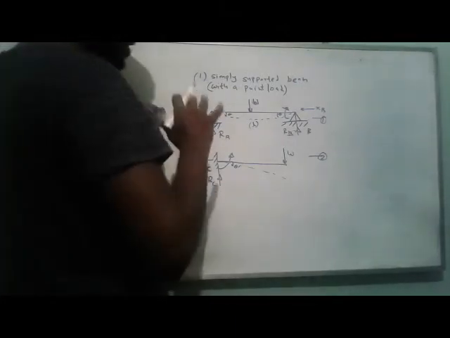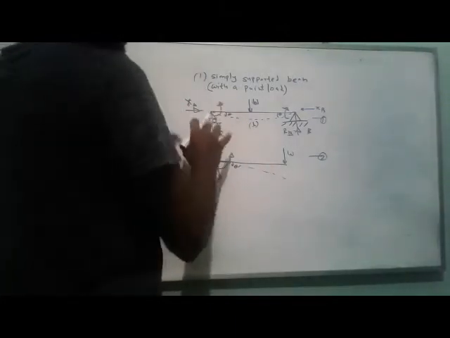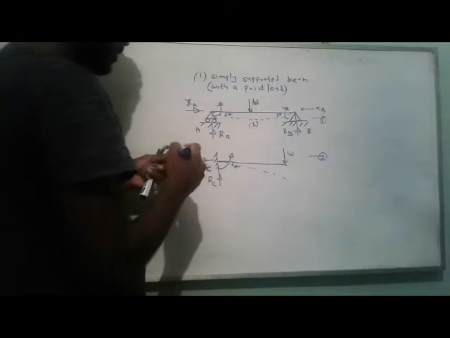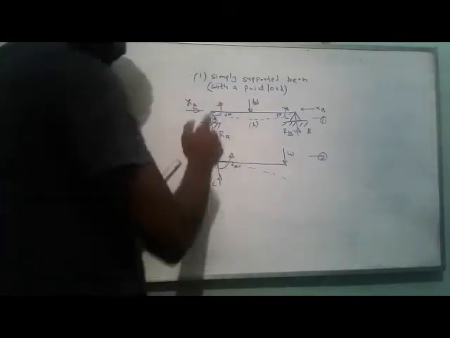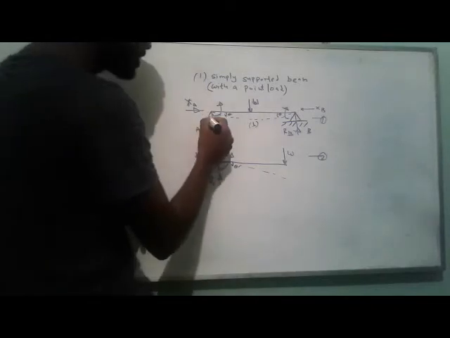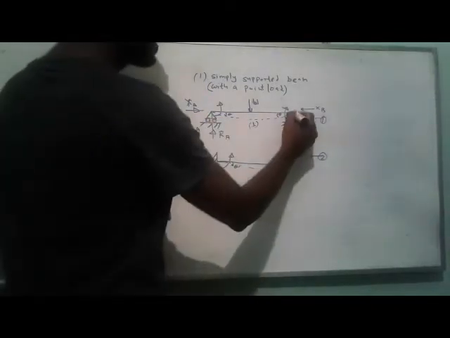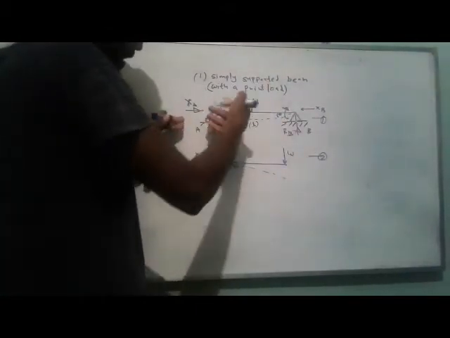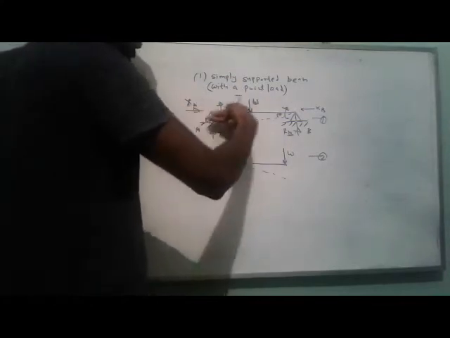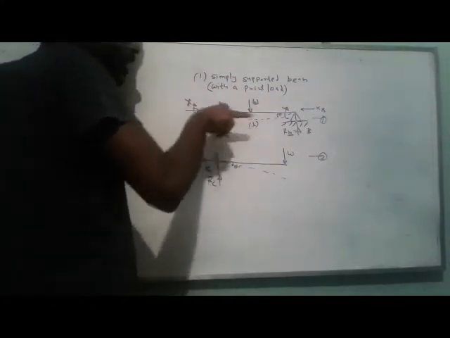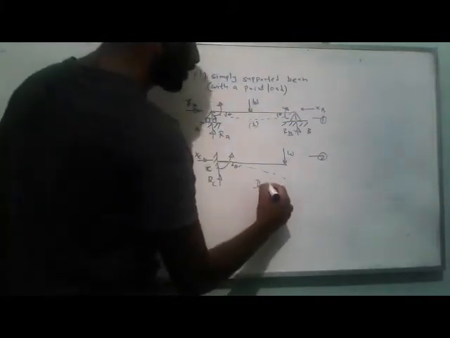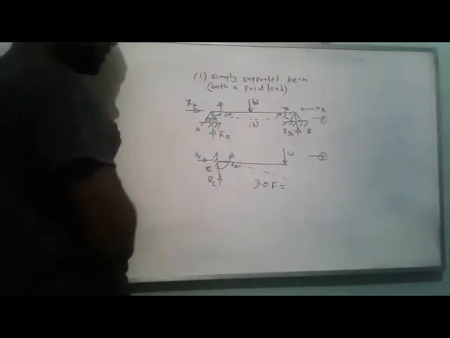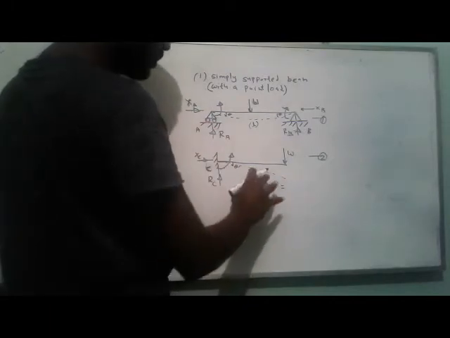It is very important to think in this way. That's why I am going to teach you like this. So then you consider this simply supported beam. I told you that there is a roller support, and here it is a pin support. Therefore, due to this roller support, it can move freely in this direction. There is a degree of freedom, DOF, in this horizontal direction due to this roller support.